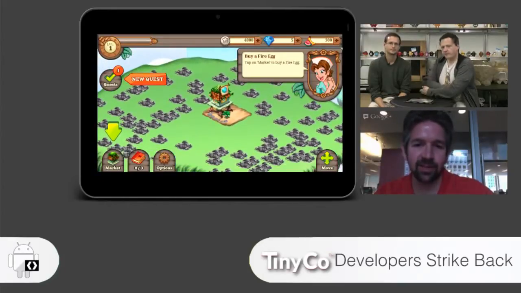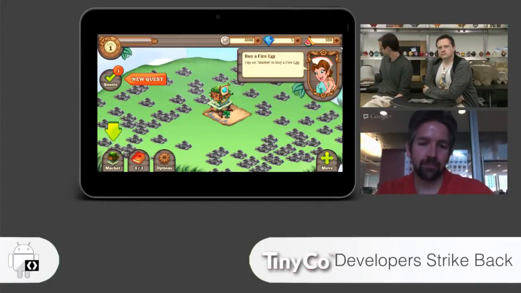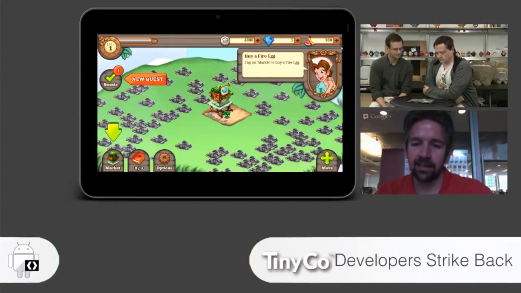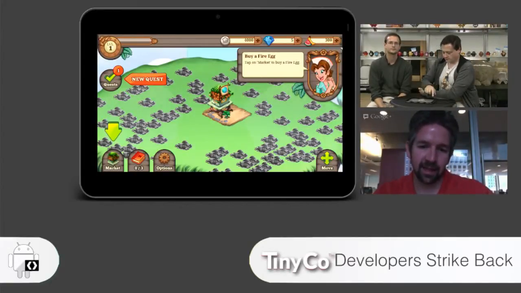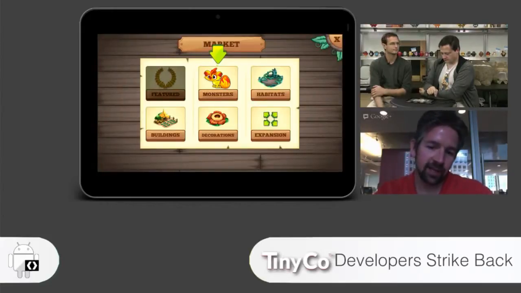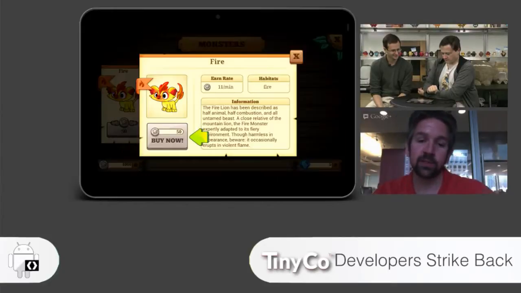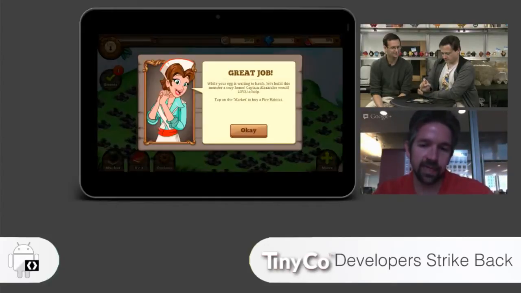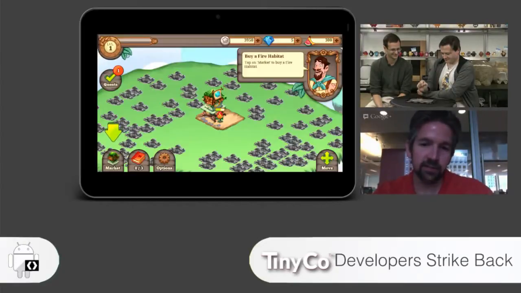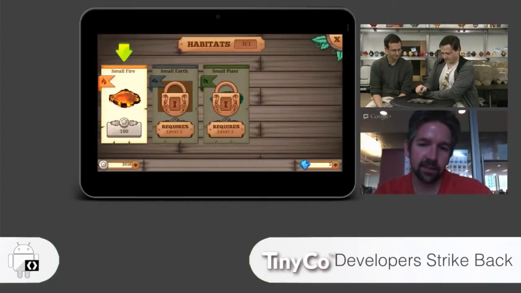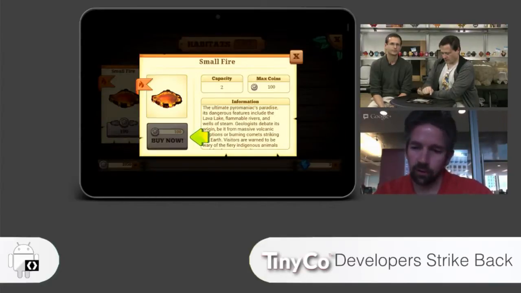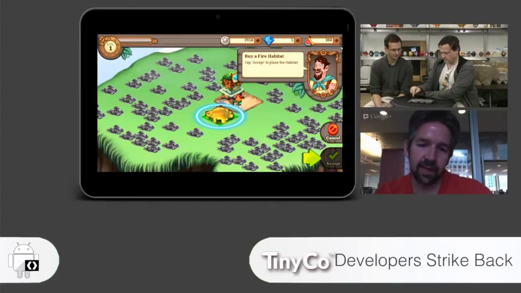Sure. Yeah. I mean, we pictured that people would be using the tablet version, maybe at their desks, but probably on their couch or in bed. We definitely knew that people wanted to get a bigger and better view of their island. For anyone who hasn't played the game, you have your own island that you decorate and buy habitats in, and then you hatch and raise different monsters and then crossbreed them. But we wanted to make sure that people got as big and as clear a view of the island as possible. So we took advantage of the full size of the screen, and we made sure that we had high resolution assets for all of the buildings, all of the monsters, everything that people would be seeing.